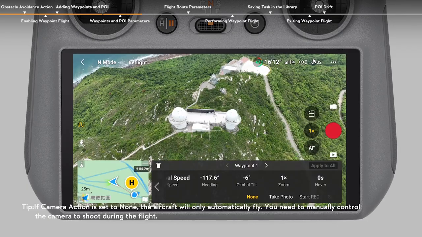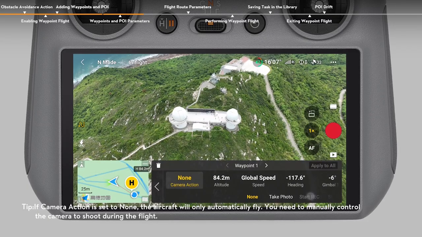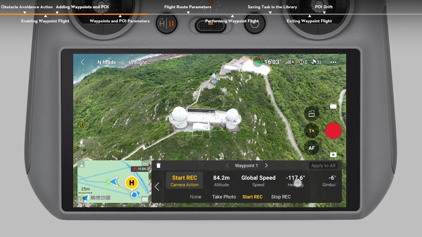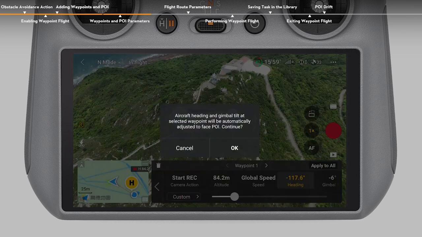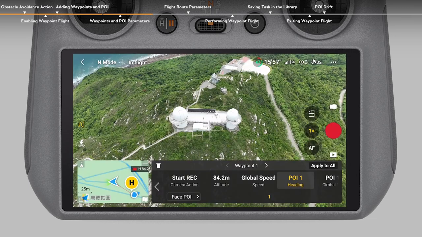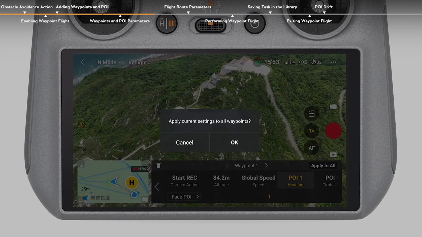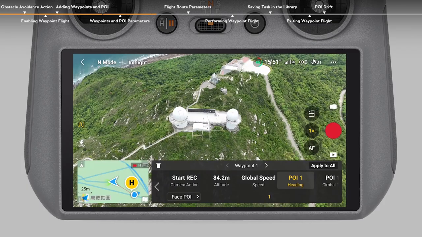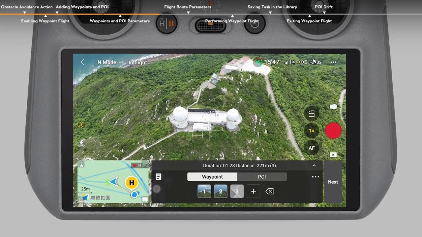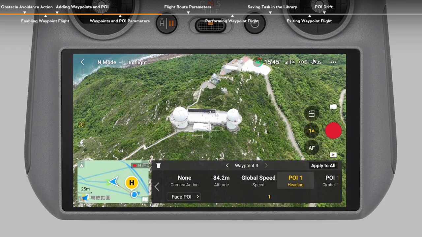If you want to record a video during the waypoint flight, set the Start Waypoint's camera action to start recording. If a POI is set, you can set the heading and gimbal tilt toward the POI. Tap Apply to All. You can apply the setting of the currently selected parameter to all the waypoints. To automatically stop recording once the flight completes, you need to select the final waypoint and set the camera action